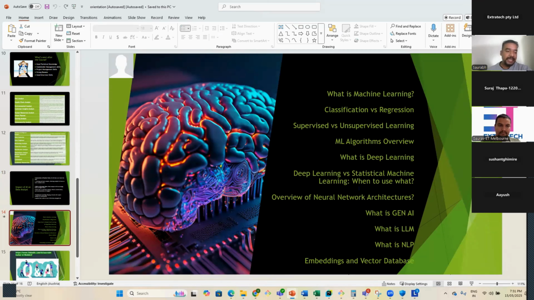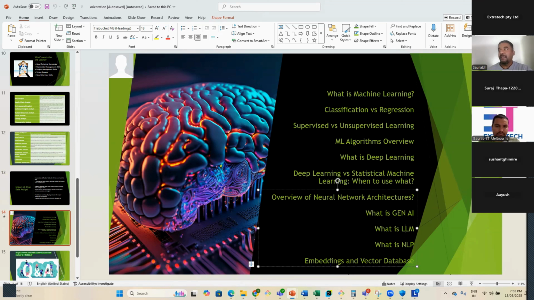ChatGPT and other such models are based on neural networks. Generative AI, you all know generative AI. Everyone is using it these days. Like when you type an email, it starts giving you suggestions from generative AI. LLM, for example, everyone knows ChatGPT, and we'll also talk about how LLMs can be built. Then NLP is natural language processing. One of the biggest examples is your Siri or Alexa or Google. When you talk to them, they understand your language and answer you. So we'll discuss how NLP works.